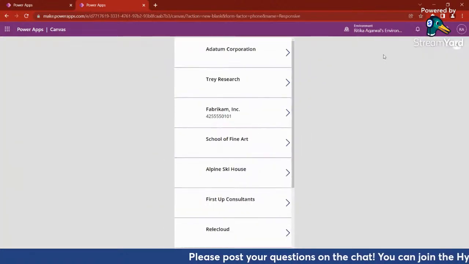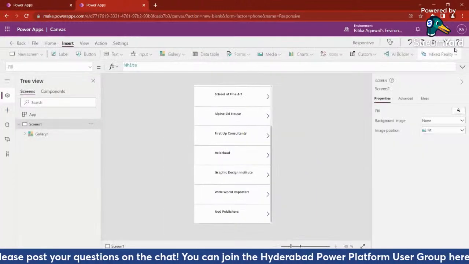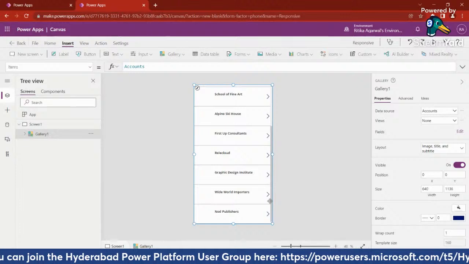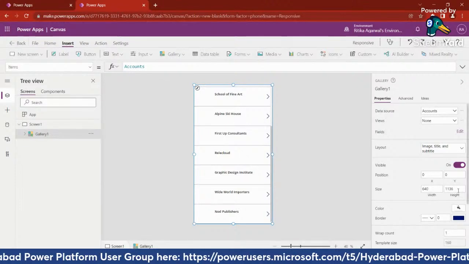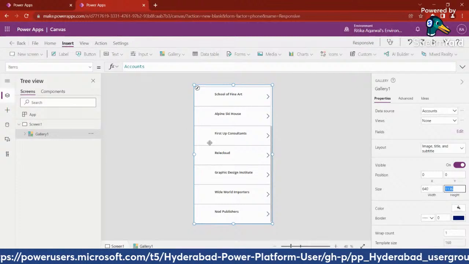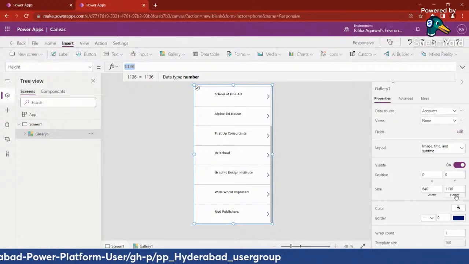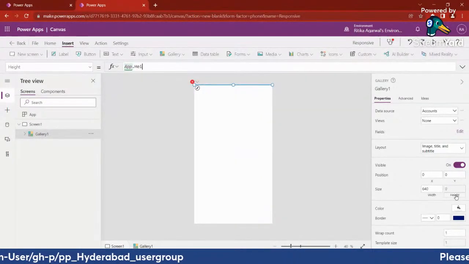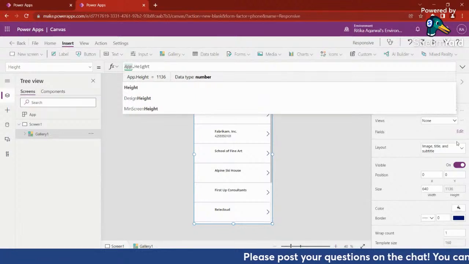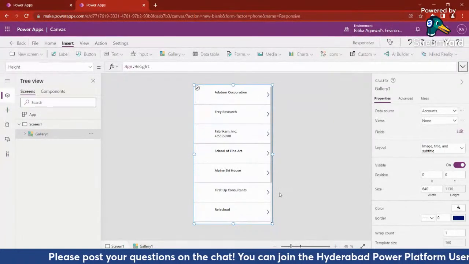If I play it here, I can see that it is added automatically on my whole screen size. But what if I'm using it on a device where the height is more? Then maybe 1136. This is the height of the control I'm using, but what if my device height is more than that? In those cases, you can always go with app.Height so that whatever is the size of your app,